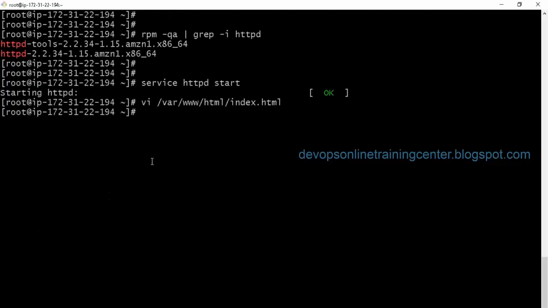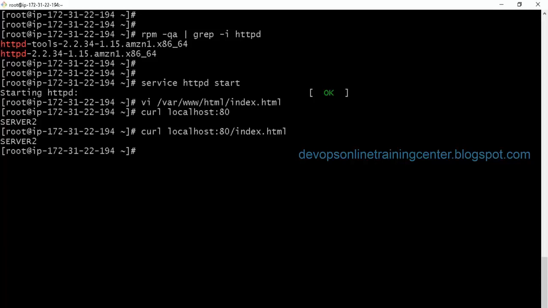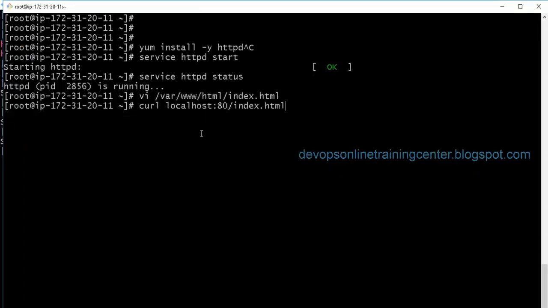So what is curl? Curl stands for what? I don't know. Curl is something to check whether the web page or the remote machine is up or not, whether we are getting a proper response or not, right? So this is, let us say, localhost:80 server 2 we are getting, right? Or maybe I'll give index.html, server 2. So actually the load balancer tried to perform a health check using this. We can also do that manually on the different servers, right?